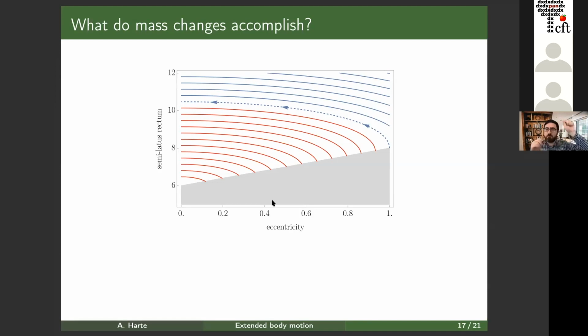And this is now a plot of the space of geodesics, parameterized in a particular way. So we have here an eccentricity and a semilatus rectum. These are concepts from Keplerian motion, but you can generalize them to the relativistic motion in Schwarzschild, and they parameterize the geodesics. And now each line here is what happens to the geodesics as you change the mass. So a particular spacecraft of the type that I'm describing sits on one of these lines. And if it increases its mass, it moves to the left. If it decreases its mass, it moves to the right.